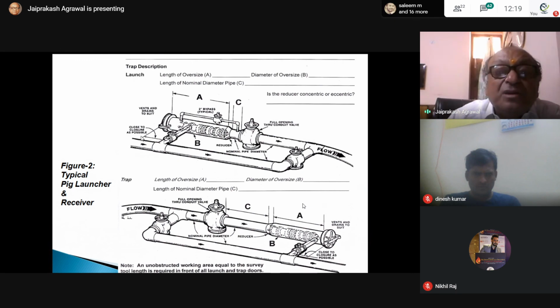You put the pig here, and the pressure difference makes the gas go from here and flow. So the pressure difference is created and the pig moves like that. This is the receiver, where it arrives. So this is the arrangement of the launcher and receiver.